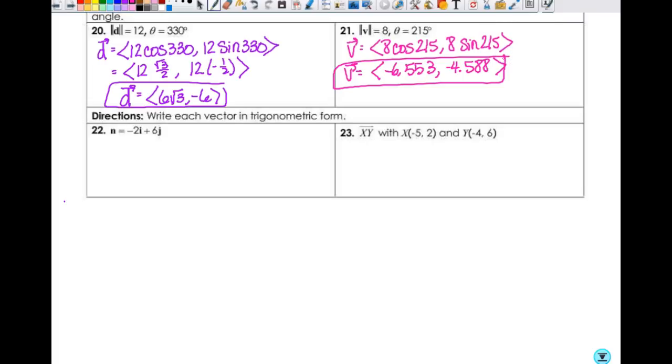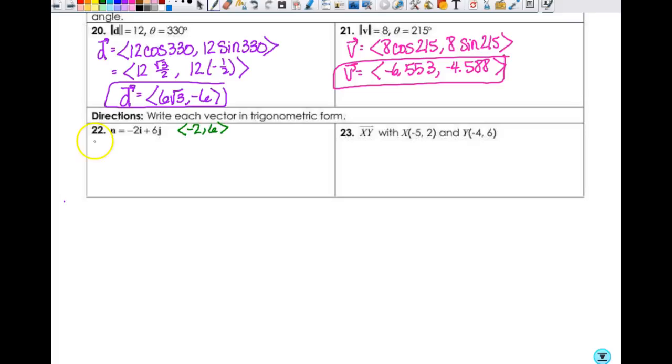Okay. So now we're supposed to write these in trigonometric form. All right, so the first thing I have to do is put it in component form. So this is in my IJ form. Component form is just negative 2, 6. It's that easy. All right, so to write it in trigonometric form, I have to find the magnitude and the